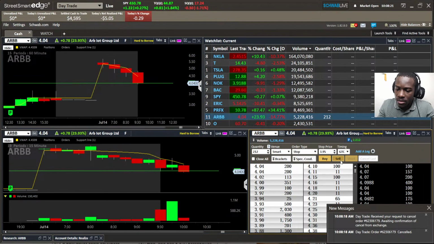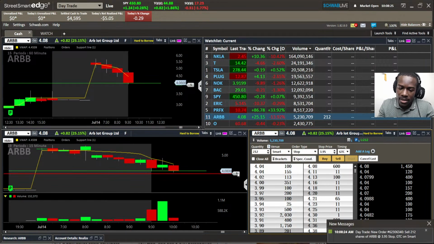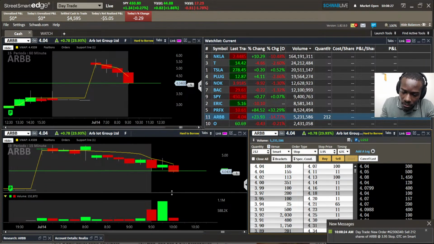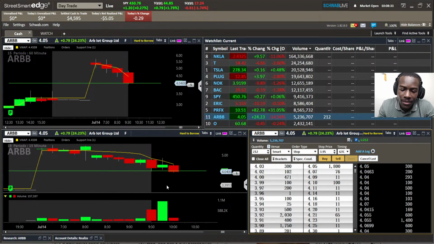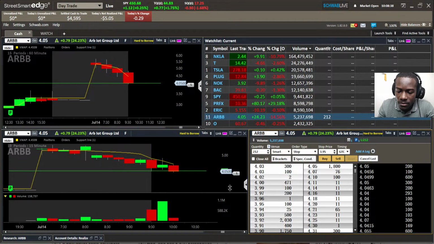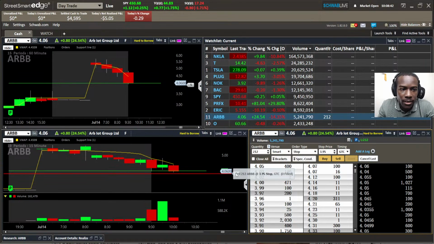So I will sell 395, 212 shares. Have to get out there. Wanted to see the $4 kind of hold up here. We do have a little bit more time. I did not mean to burn that capital there. But yeah, just want to see it hold the $4 here.